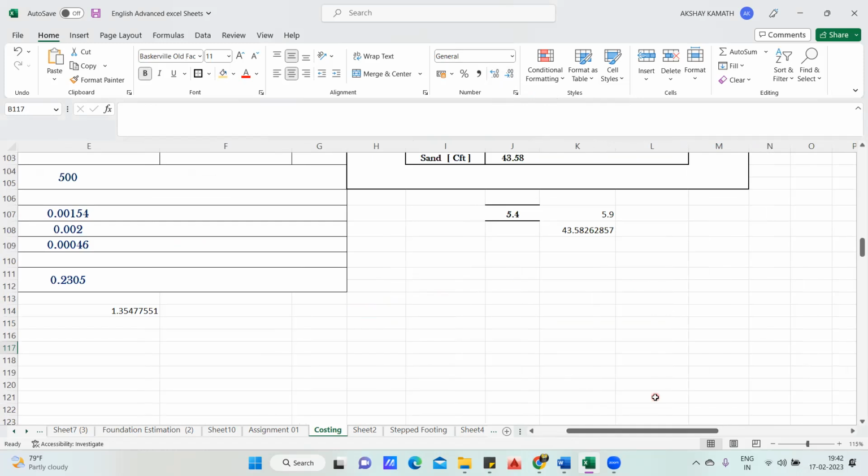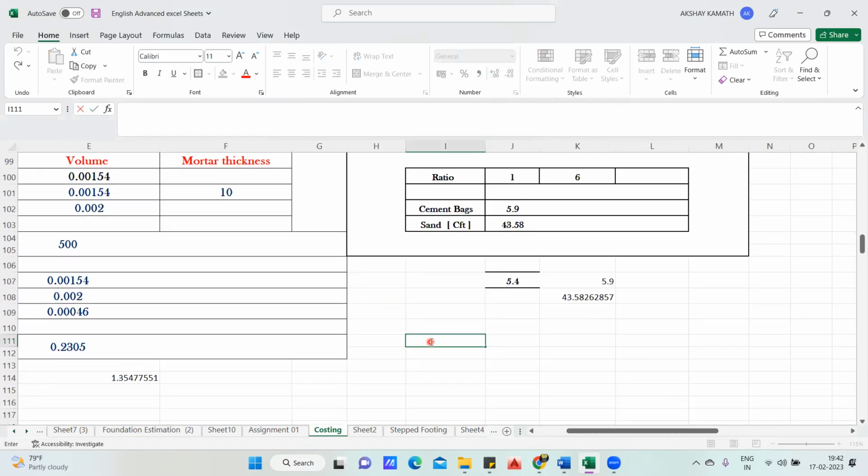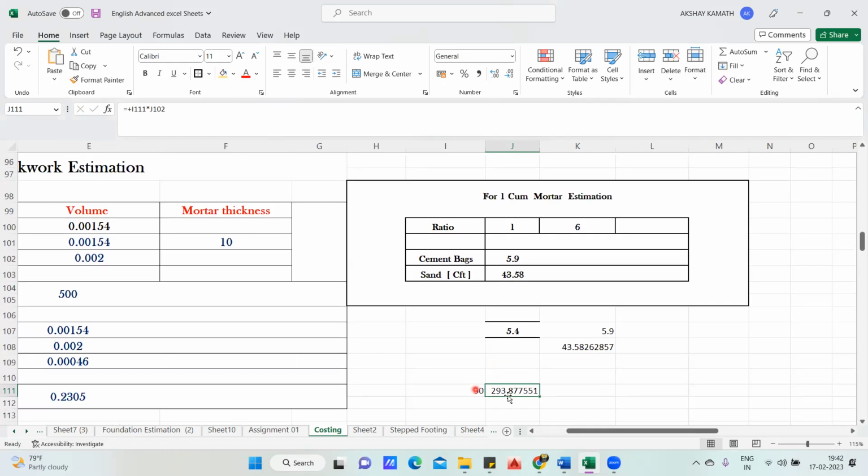Getting my point? For example, let us consider I have 50 cubic meter of the brickwork to be done. Tell me how much amount of cement and sand is required. Simple. For 50, I'll multiply by 5.9. Finish. So I require 293 bags of cement if I want to do 50 cubic meter of the mortar. And for sand it will be again 50